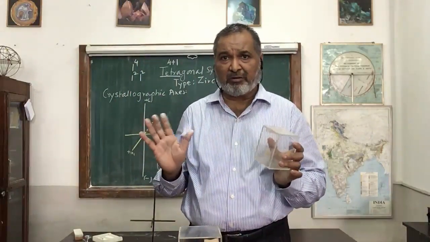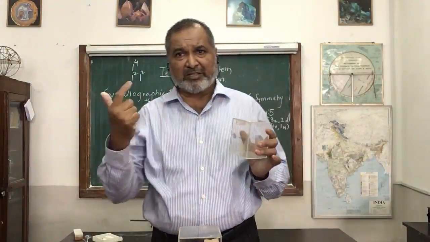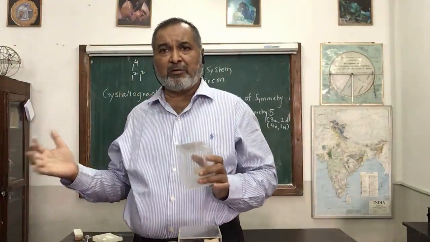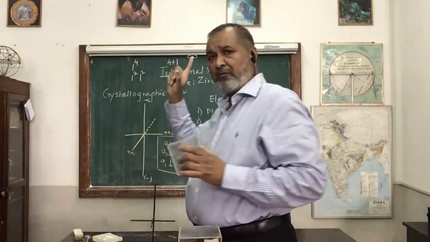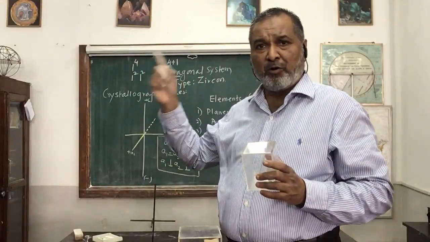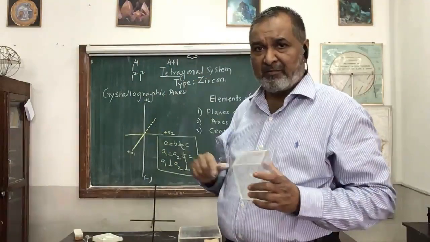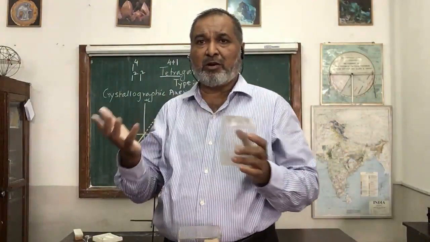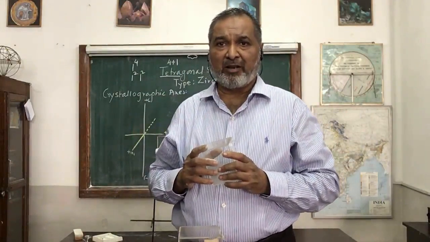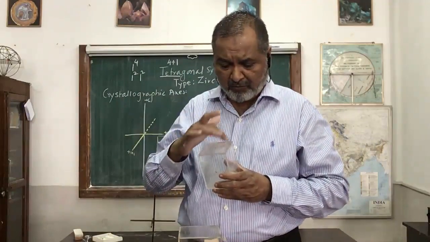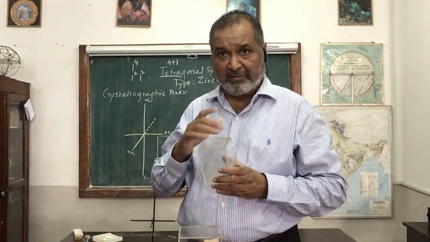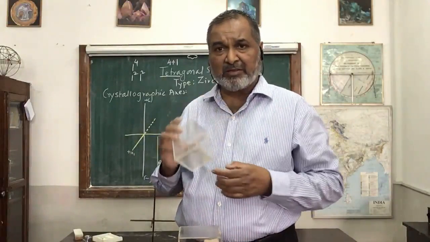Once you have finished this, the center of the faces, holding and rotating through 360, all possibilities are found out. From there we got 1 of 4 fold, 1 axis, and 1 of 2 fold, 1 of 2 fold, 2 axis. Means in all three we got the axis of symmetry. Come to the next one. What we have? The 4 corners, exactly the same. Similarly on the lower side the same is there.